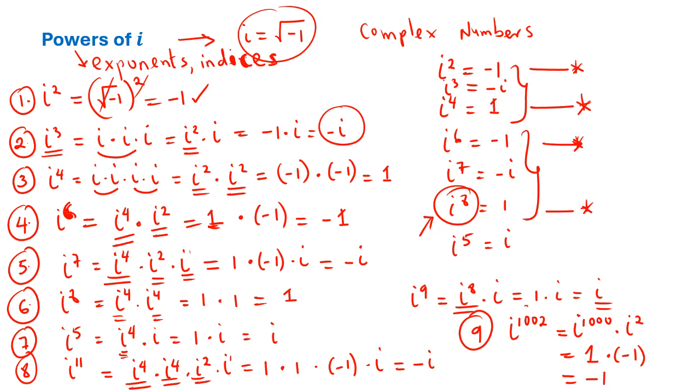You see, this is because 1002 is not divisible by 4 exactly. So if it's just an even number and it's not divisible by 4, your final answer will always be -1. All right, so there are other interesting cases where you can have